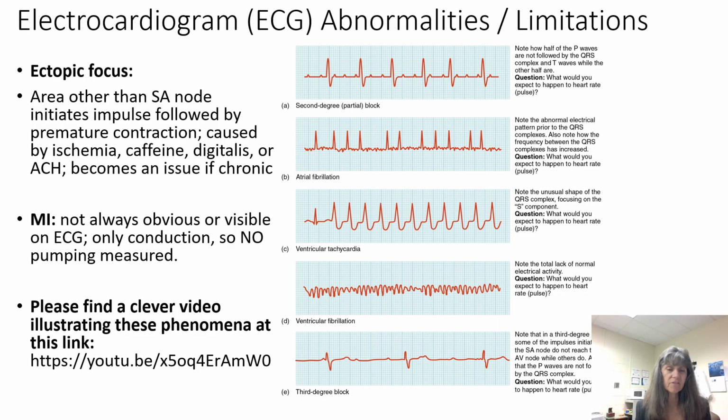With the ventricular tachycardia that you see in the middle, you're going to notice that there's an unusual shape to the QRS complex, and also the S is really loopy and kind of funny looking. With ventricular tachycardia, that person's going to have a rapid heartbeat of about 100 beats per minute, followed by 3 normal heartbeats in a row. So it goes rapid, rapid, rapid, rapid for 100 beats, and then 3 normal ones, and then rapid, rapid, rapid,